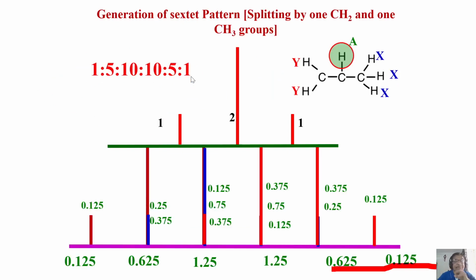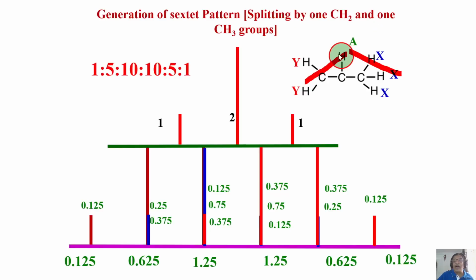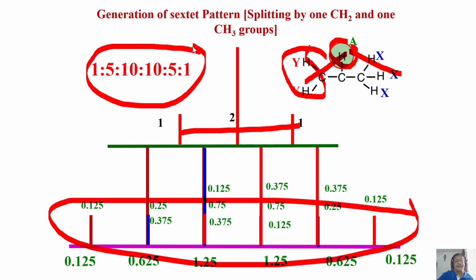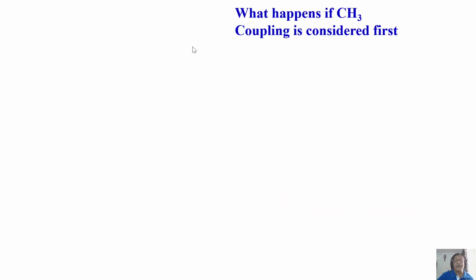So these are all the cases. I have taken example hypothetical molecules. I have drawn the drawing for you to understand. In this situation, this coupling and these couplings are the same. And now I did one trick here. I took proton A and took CH2 as the coupling first. I took the triplet and then worked out coupling with CH3 for each of them, and worked out the pattern and got a sextet like this.